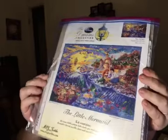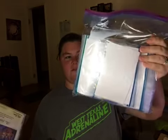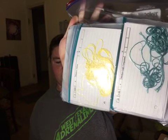That was the first movie she ever watched on repeat, knew every word, wanted to be Ariel. And then this kind of went on the wayside when Tangled came along, but it's still one of her favorite movies, she will tell you, straight up. The fabric with how far she had gotten is also with that other pattern, and she has all the flosses already kitted up for me. I don't know when I'll start it, or when I'll continue it, but at least I have it to be able to do so. She also sent my daughter